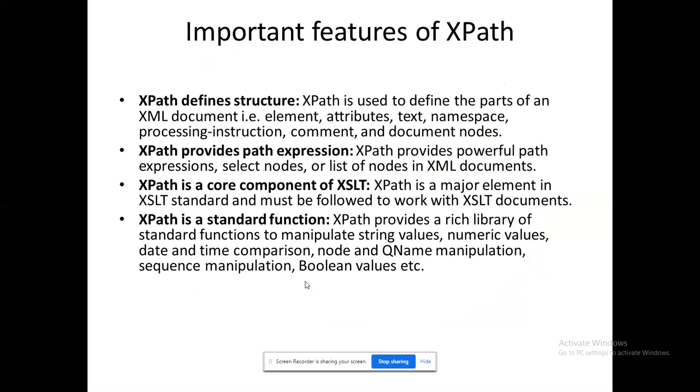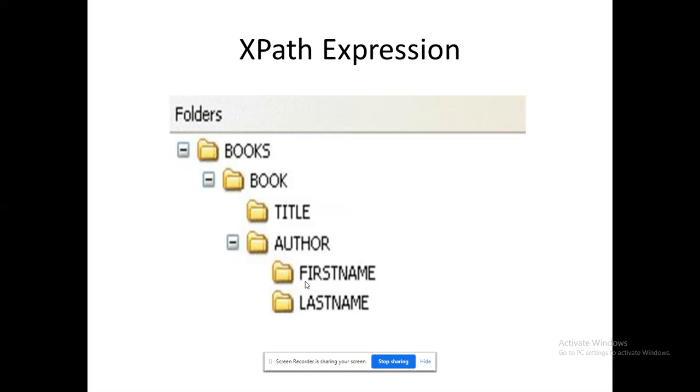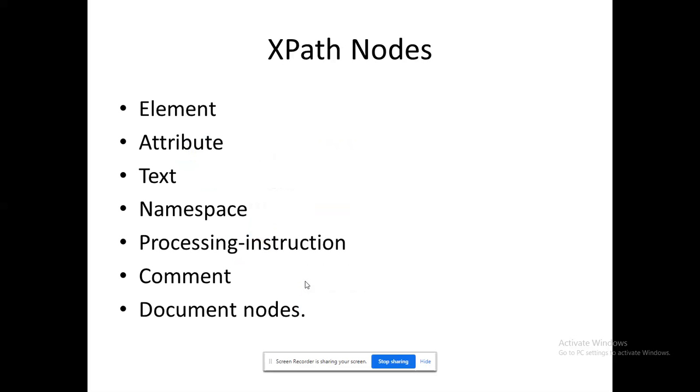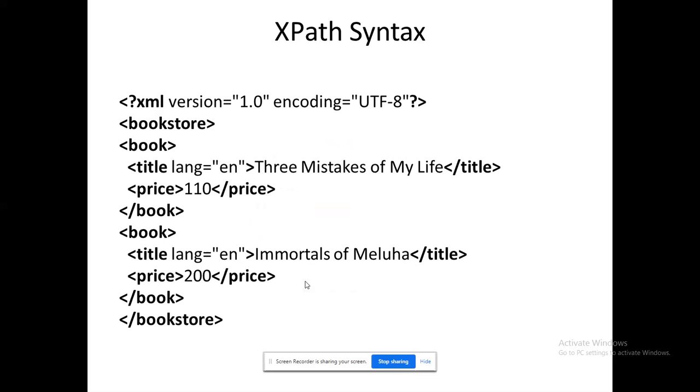So important features of XPath, what made people use this XPath, especially on all these contents: selection of nodes will be the vital one here, right? Might be we have four properties, but the ultimate thing is selection of nodes that will work with this XPath in an effective way, right? So how am I going to access? Probably they have given a hierarchy. So how am I going to take part with the XPath nodes? What are the things that will work with XPath nodes? Element, attribute, text, namespace, the processing instruction, comment statement, as well as the document nodes. It is ready to work with.